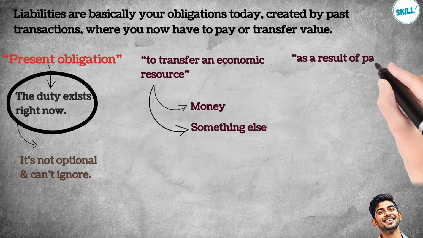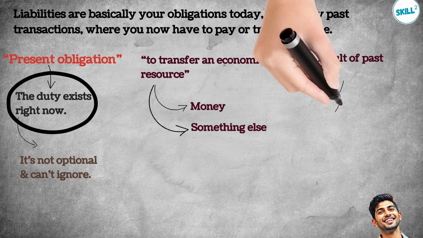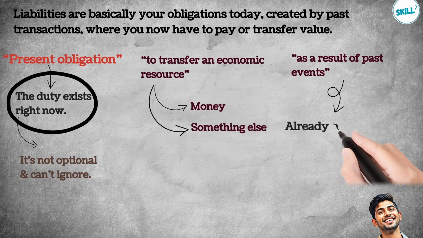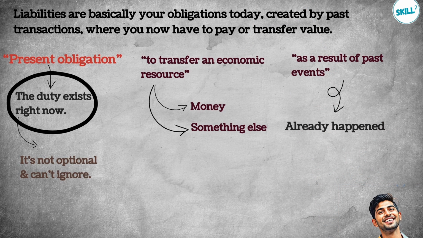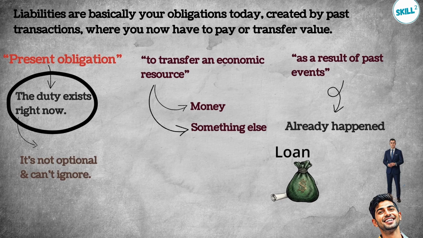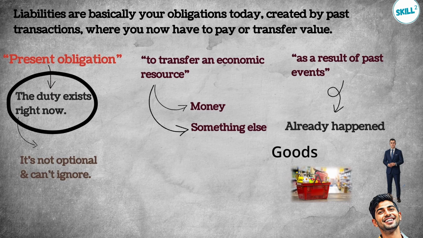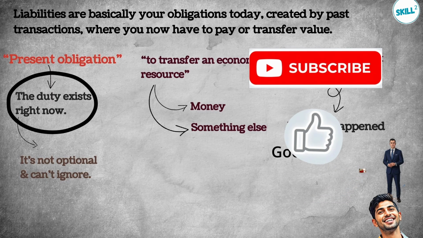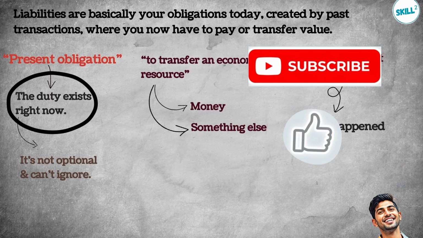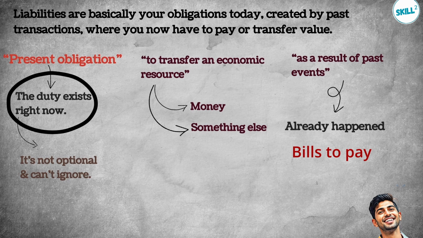And then, as a result of past events. So this obligation comes from something that has already happened. For example, you took a loan, now you must repay it. You bought goods on credit, now you must pay for them. That's it. Some common examples are loans, bills to pay, salary owed, taxes payable, and